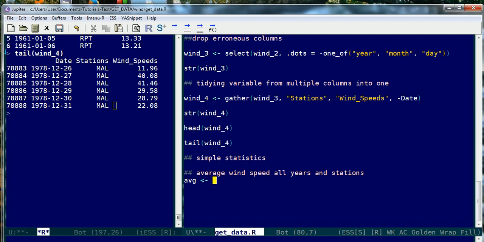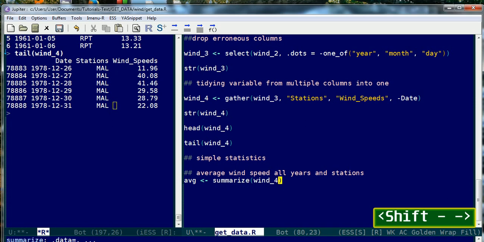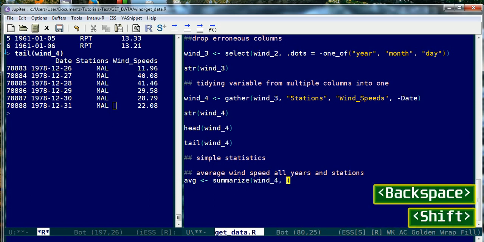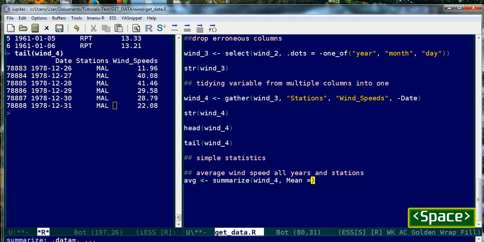Summarize takes an input, in this case just go ahead and do it. The second argument for summarize is the name of the new column, and typically we do a function. In this case, we're going to do the function mean, and we're going to run mean of wind4, and then